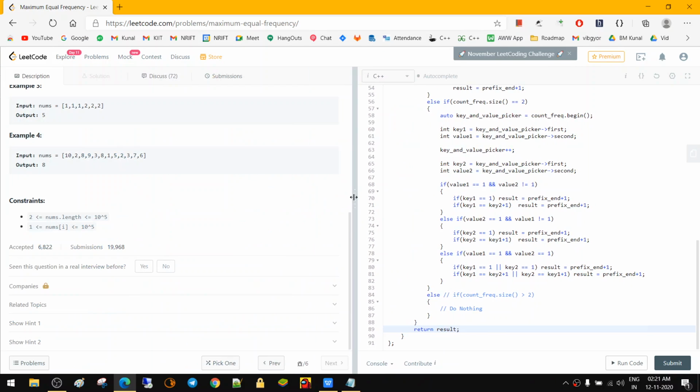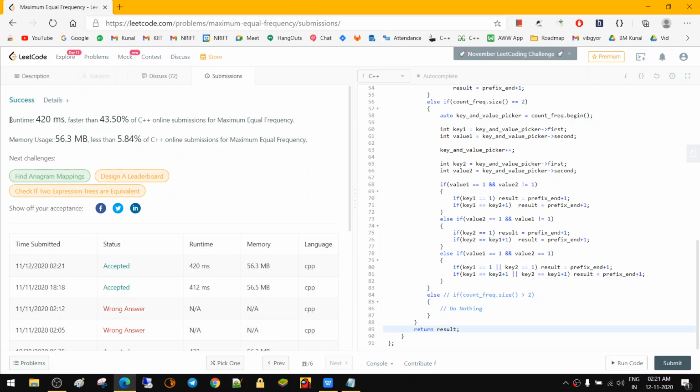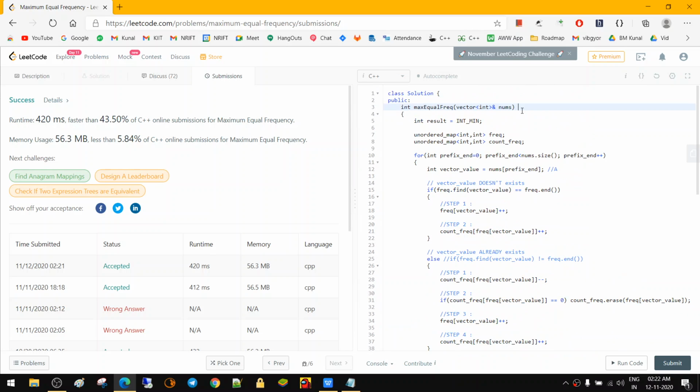Let's try submitting the code. And yeah, the code works fine. And the time complexity and the space complexity for this question would be like this. So since we are traversing the entire array only once, starting from the very leftmost end and going towards the rightmost end, hence we are going for O of n in time complexity,